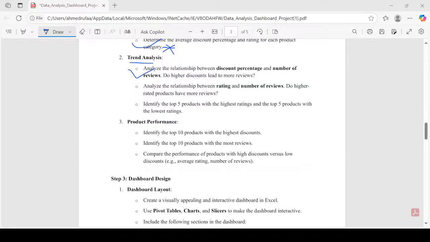Pivot table, or you can just copy this and okay, we need to form